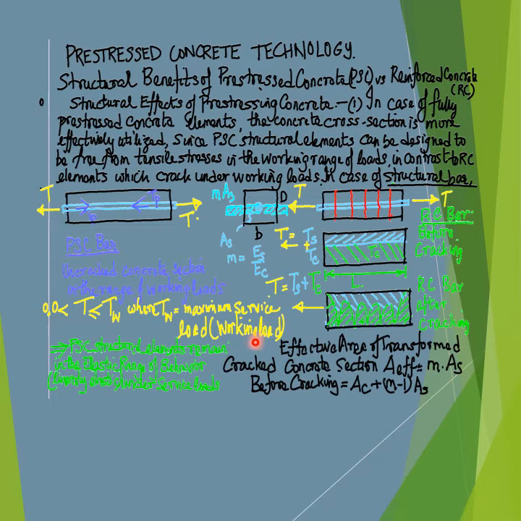In summary, the effective area of the reinforced concrete bar, or the RC bar, that resists the externally applied tensile force and transmits the externally applied tensile force T across the bar is governed or contributed only by the transformed area of the concentric steel bar, also termed as the transformed area of the cracked concrete section, given as m times As,